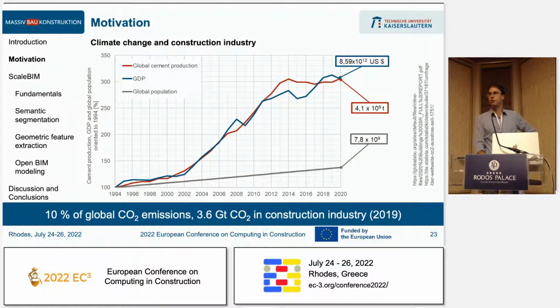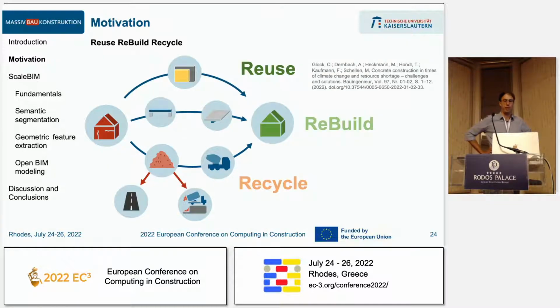So at least in Germany, we think about being climate neutral by 2045, so we have to do something about this. And from the point of view of a civil engineer in construction, there's basically three options you can choose. One is to reuse existing structures, like if you have an office building but you need more residential buildings in that area, you can pick the office building, do a deep renovation, increase energy efficiency, and then use it as a residential building, for instance.